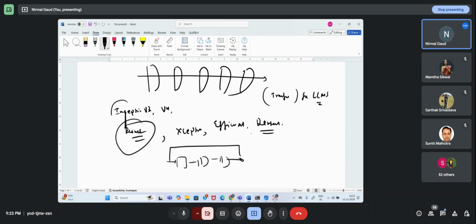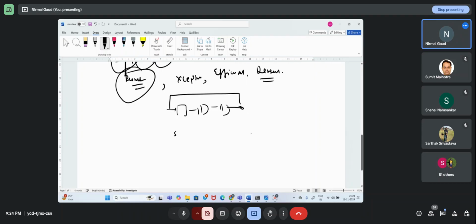Inception, the previous versions were like GoogLeNet. So this Inception has multi-branch convolutions. Some parallel arrangements are there. In EfficientNet, you perform compound scaling.